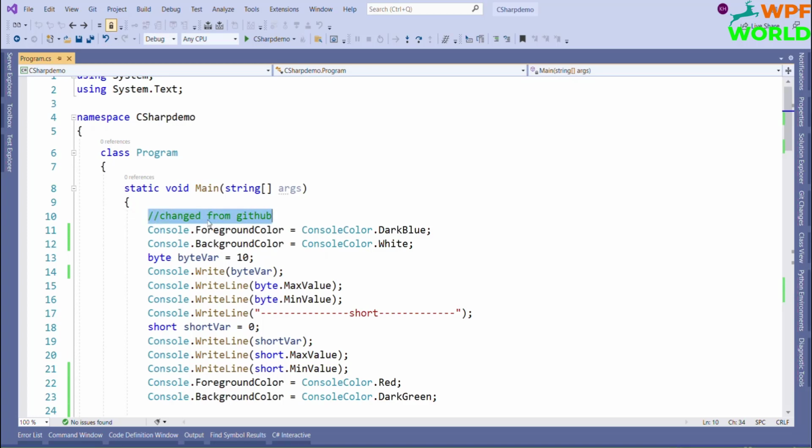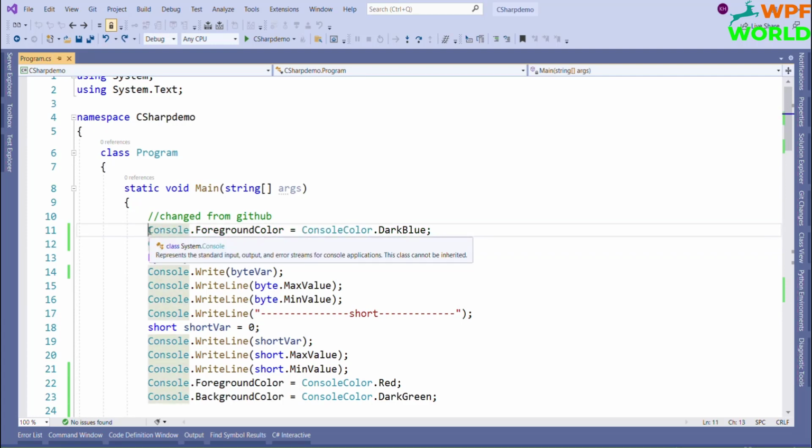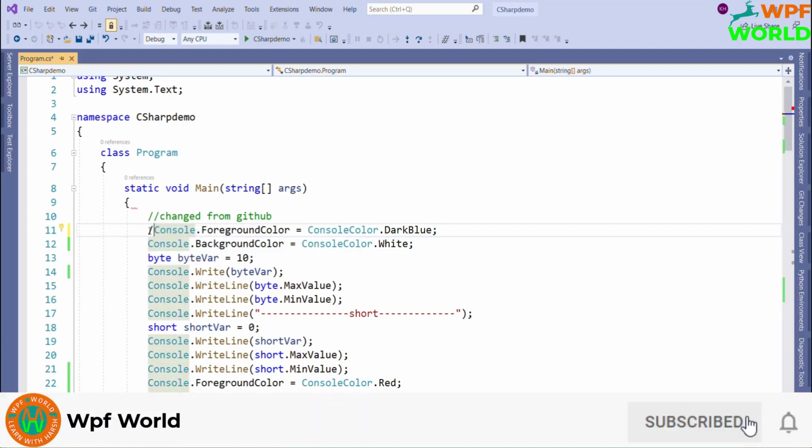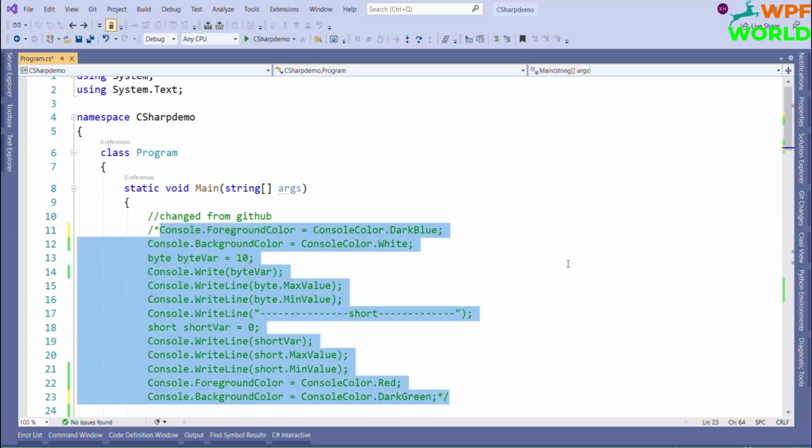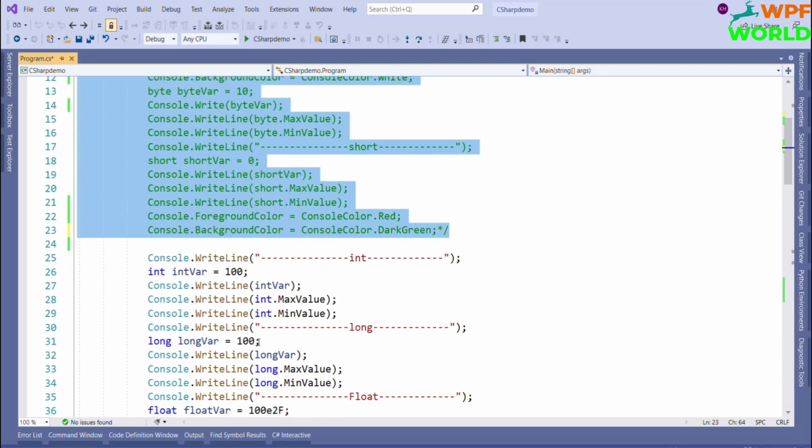If we want to comment multiple lines using this, we have to write the same thing for every line. But we have another option to comment multiple lines: use slash and star. Now I want to comment till this line, so we have to have star and slash at the end of it. So this will not be executed if we run this, but the other lines will execute.